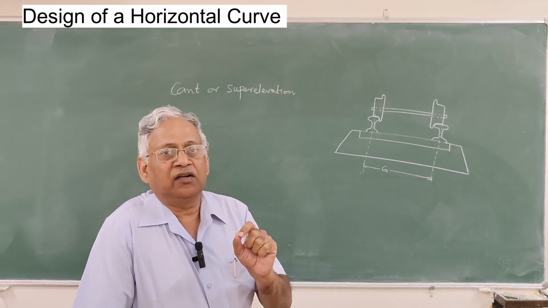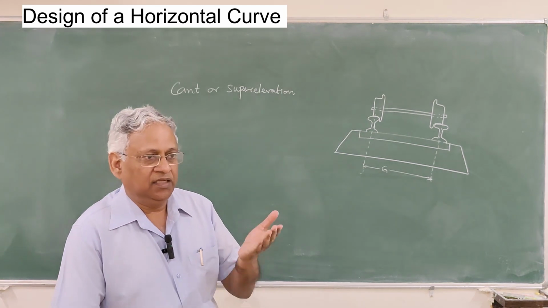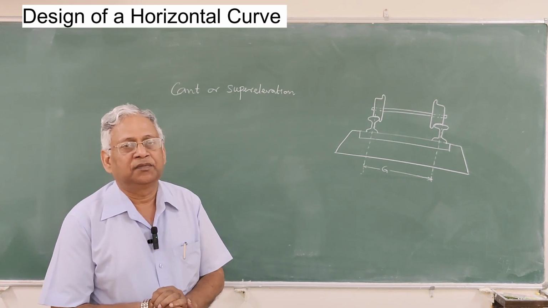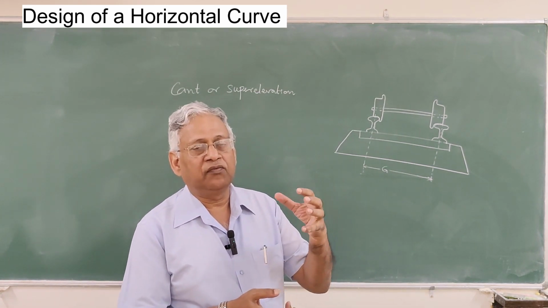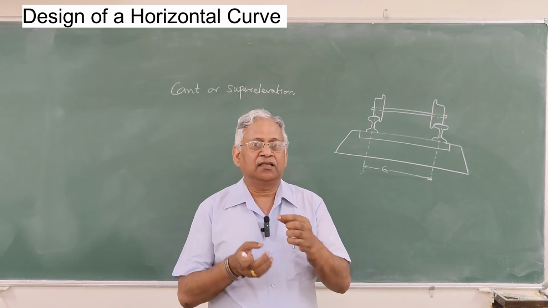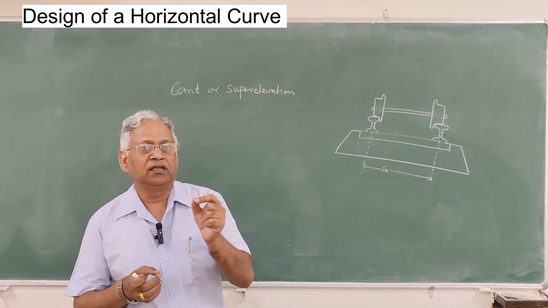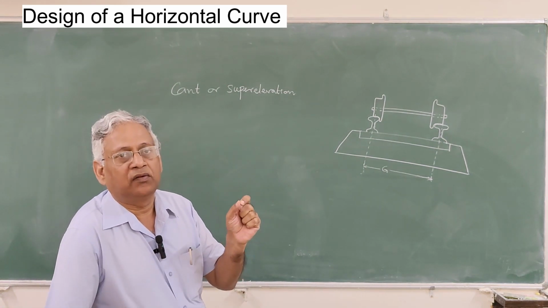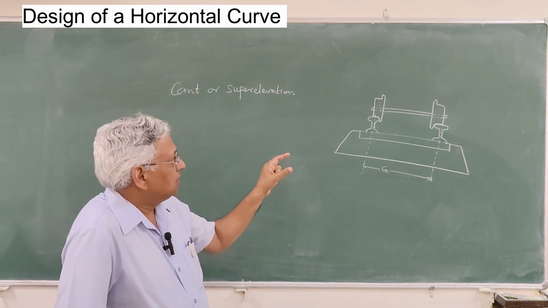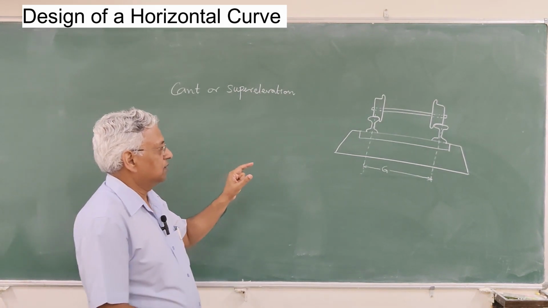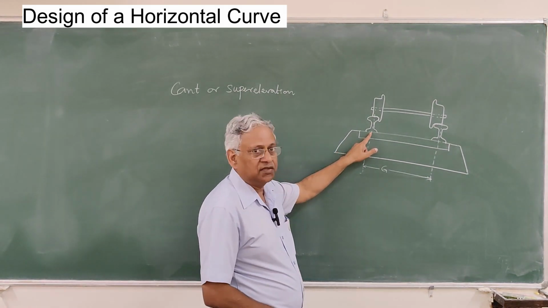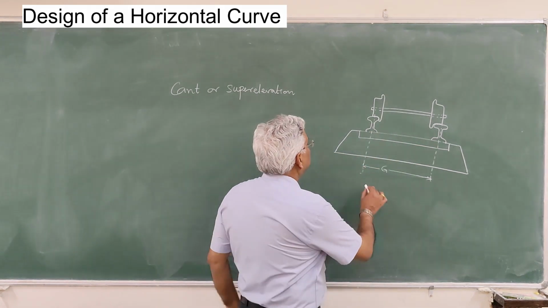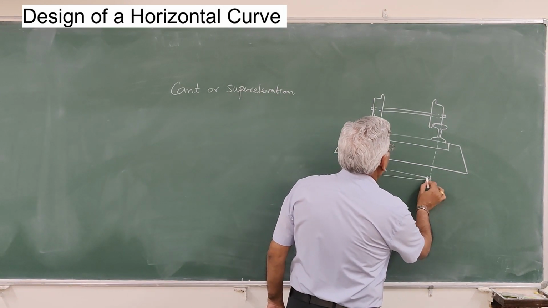To counteract the effect of the centrifugal force, the outer rail is slightly raised above the inner rail so that the centripetal force is introduced, and this component of the centripetal force will counterbalance the component of the centrifugal force. This figure shows when the outer rail is raised slightly above the inner rail. And this difference here is the cant,